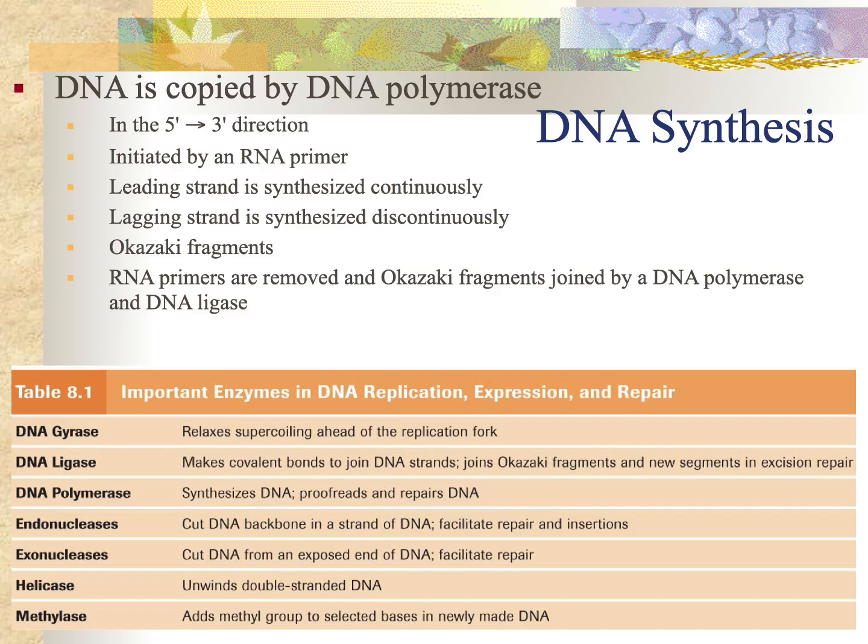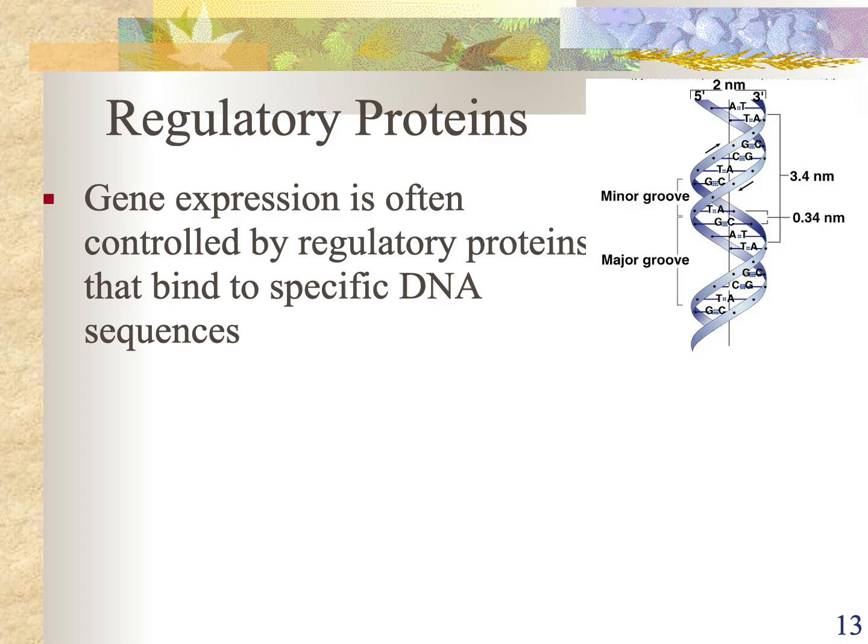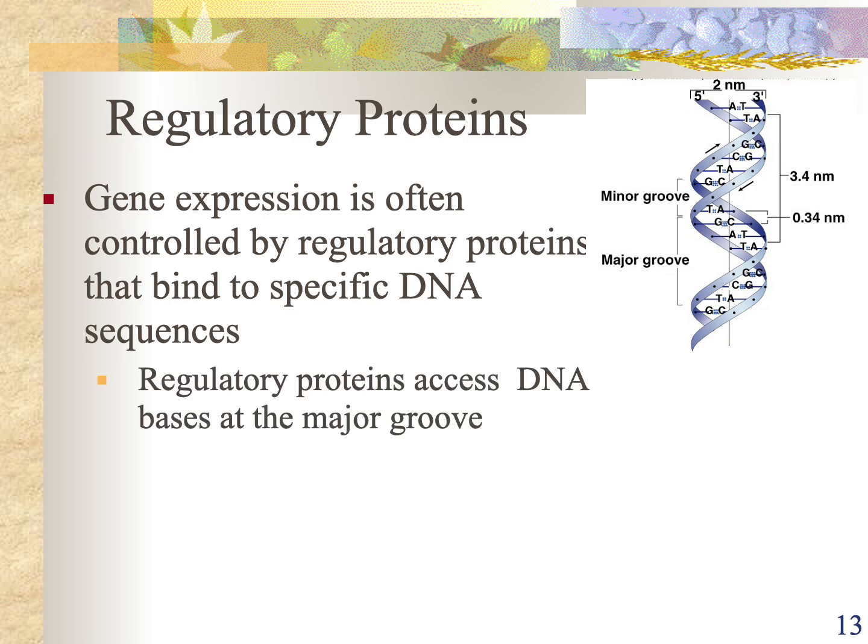Now, this is kind of the summary for us today, but you can also ask, how do these enzymes and different molecules know where to start and work on the DNA? This is because there are a bunch of regulatory proteins that can recognize specific sequences, and they can recognize when RNA is bound to a DNA. They do this by looking at exposed bases in the major groove. They access the DNA in this major groove, this large space, and they can actually read the base pairs